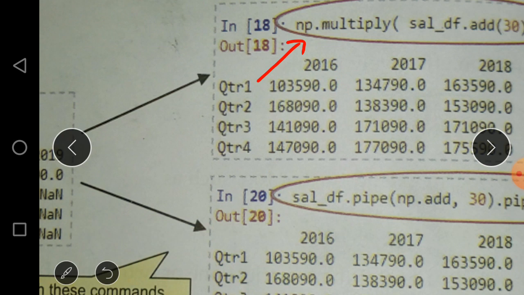np is here. And then there is a function multiply, so it basically multiplies. And then sal_df is actually the name of the data frame.